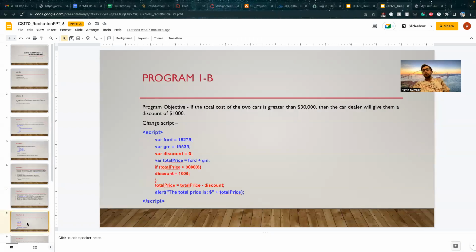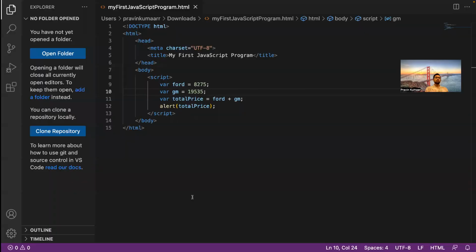Okay, now that we've seen our first program, let's move on. Program 1B. If the total cost of the two cars, we have Ford, and I didn't explain what the variables are, I'm sorry. One car is from Ford, one car is from General Motors, and the sum that we just added up was the sum of those two cars. And if the total cost of the two cars is greater than $30,000, then the car dealer will give them a discount of $1,000. So logically, before looking at the code, how would you